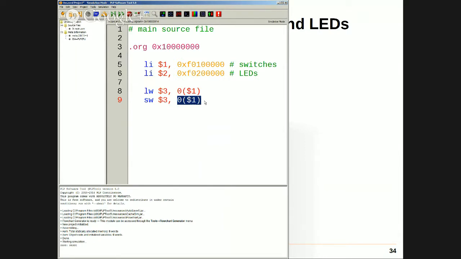Wouldn't we want to store it in reg 2? Isn't that reading from the switches and storing it right back to the switches? This is incorrect. Good, you paid attention. What is this doing? Sending it back to the switches. On a typical microcontroller, when you try to write to an input, it will not manifest on the output. So yes, you are correct. This is a wrong program. You want to write to the